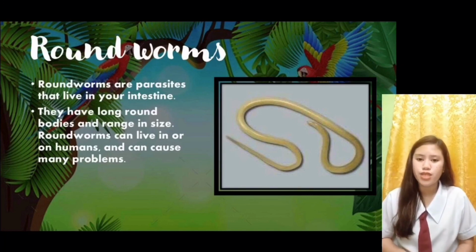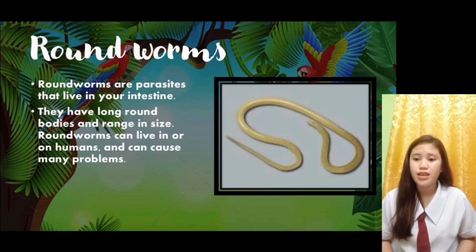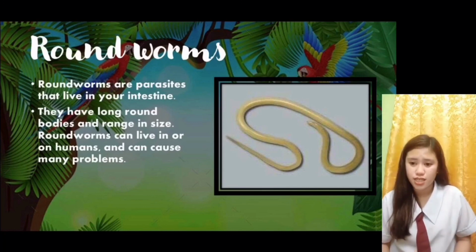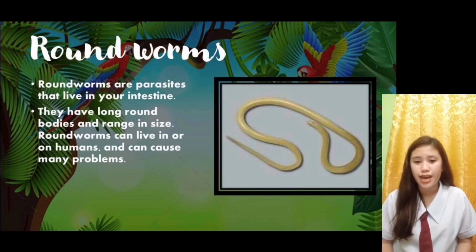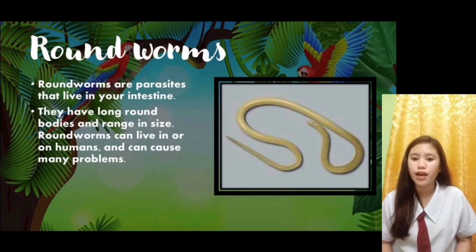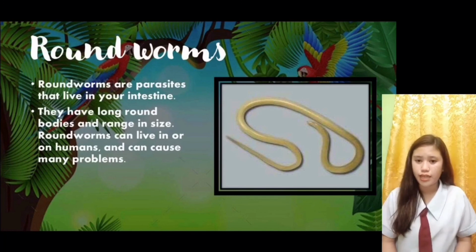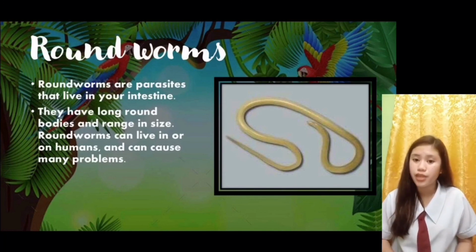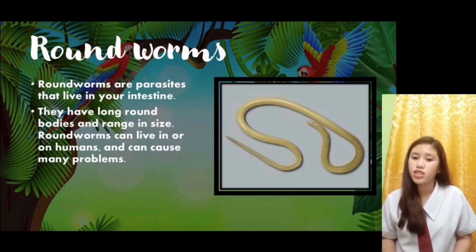So, itong roundworm, similar po siya sa tapeworm, kung saan may kakayahan din po siyang tumira sa ating intestine. Ito pong roundworms ay nakakatira sa intestine natin ng matagal, and makakapag-cause po ito ng maraming problema sa ating health. So, itong roundworms ay nakukuha po ng tao kapag hindi po tayo malinis sa katawan natin. And ang commonly po na nagkakaroon nito ay yung mga taong nakatira sa mga rural areas, kung saan hindi po sila ganun kalinis or ka-hygiene.